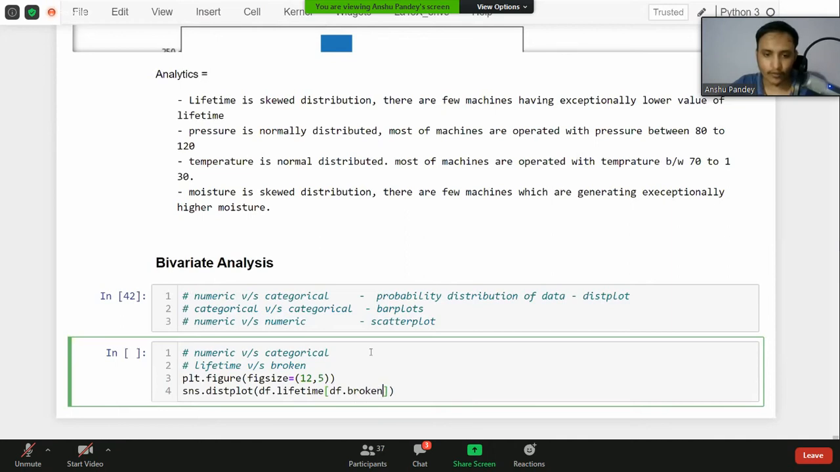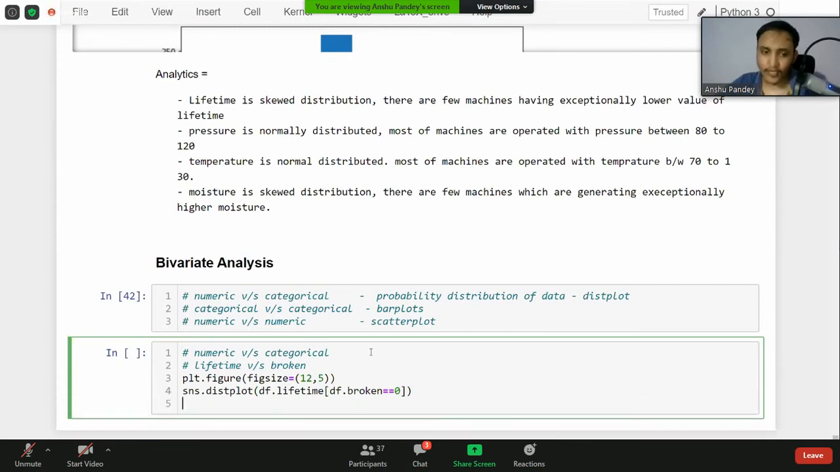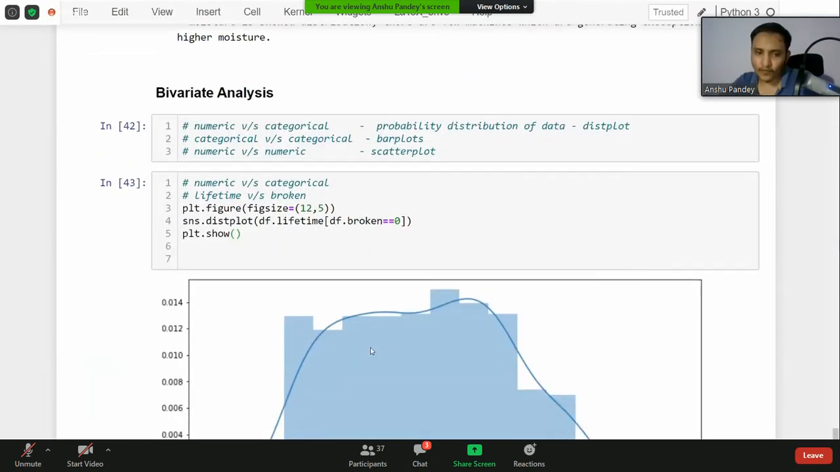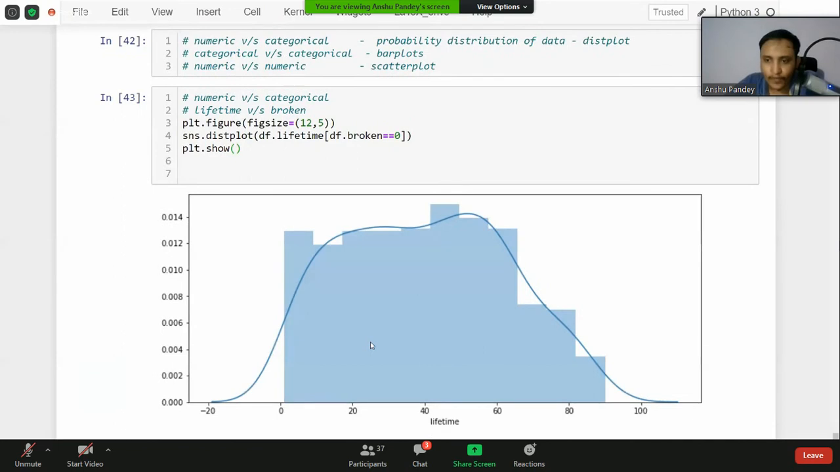equals 0, right? So we are drawing the graph of lifetime where the machines are not broken. We can mention this, and let it take the default color. So this is for machines which are not broken. We're trying to draw a distribution plot of the lifetime of the machines which are not broken. If I simply do plt.show, this graph at the moment represents the